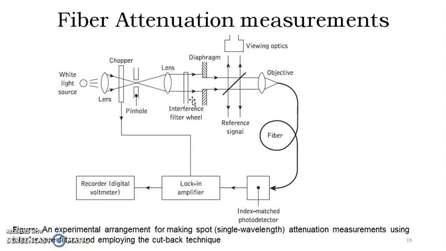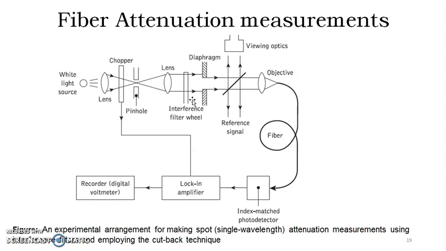So to determine the loss for a particular fiber at a specific wavelength, we used the cutback technique earlier. Now we can utilize the same fiber to obtain any attenuation occurring in the given fiber. This is about attenuation measurement and loss measurement. We can go ahead with the same fiber and measure the differences between the cutback technique and this particular technique.